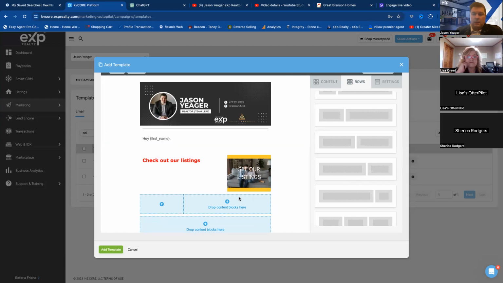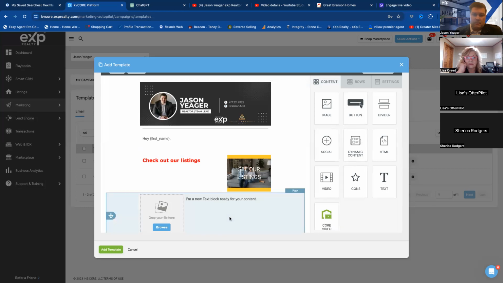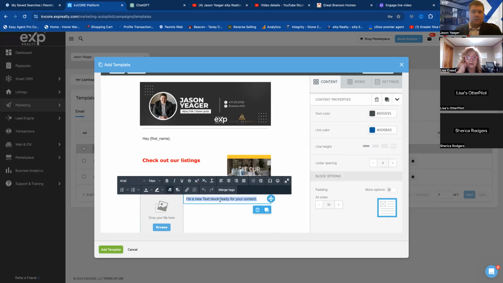So I'll put the content image, make that block an image, and make this block text. And I can put, be sure to visit the blog